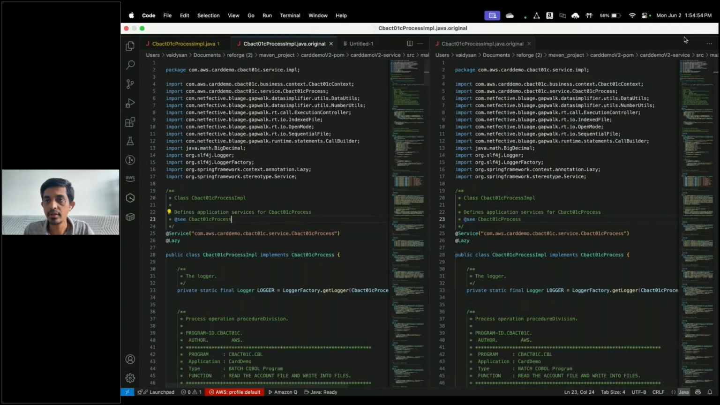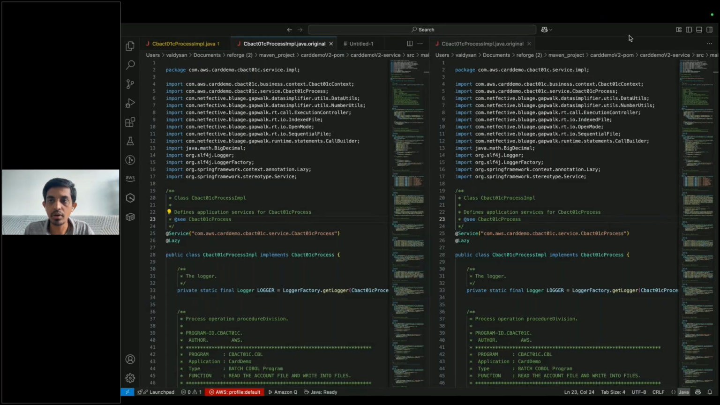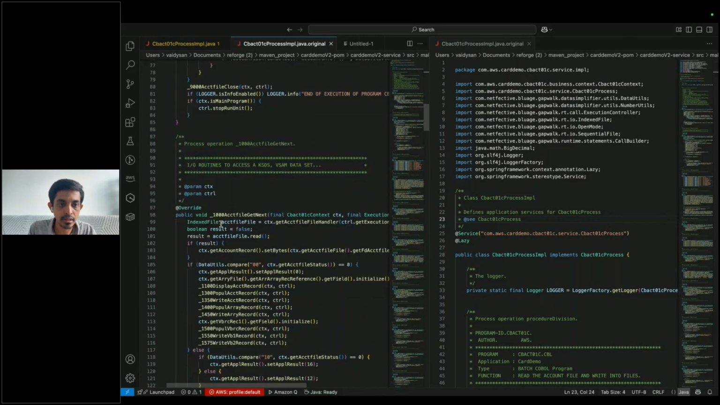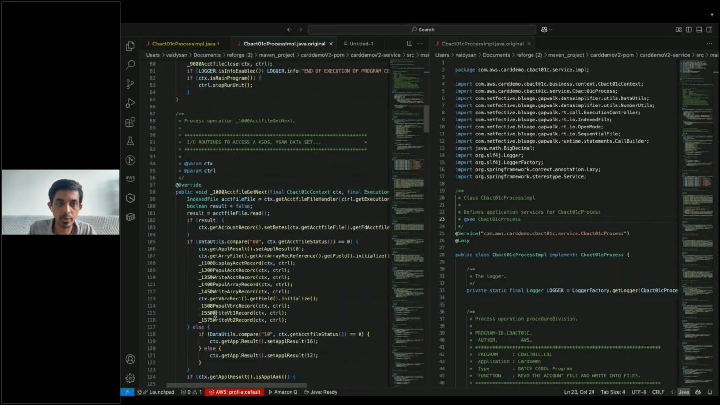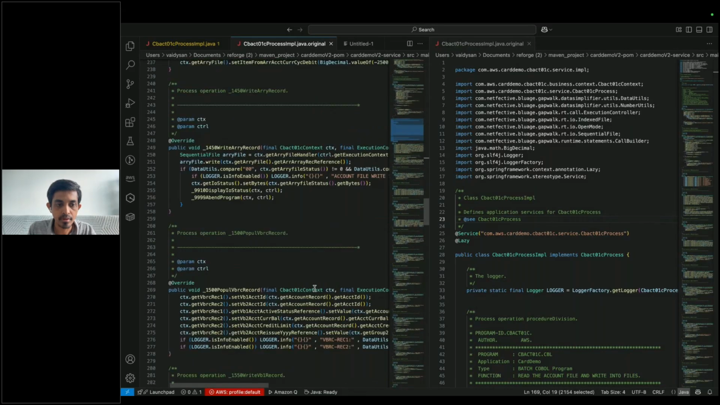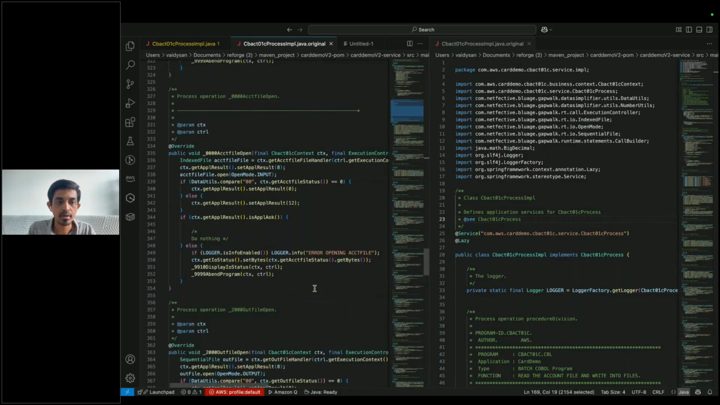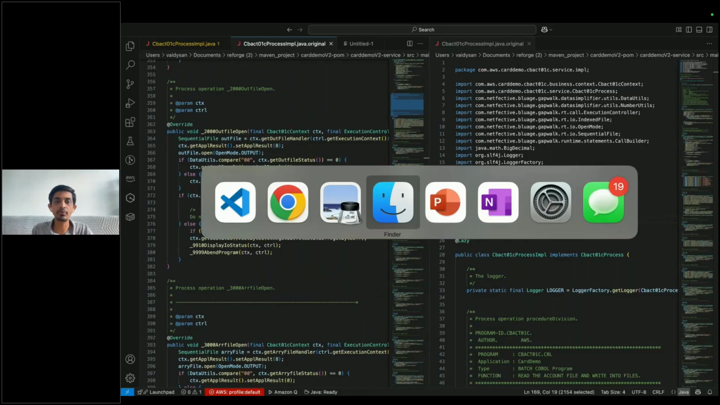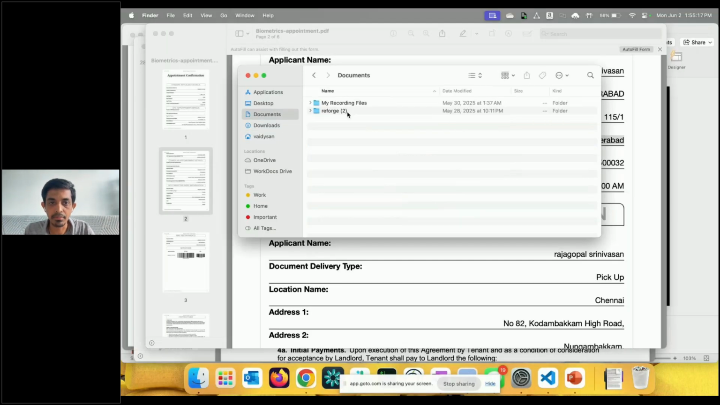What you see here is a refactored Java code, which is a conversion of your COBOL to Java, and you will see the business logics being included in the process implementation layers. So for every single program, you will have an equivalent Java code available. Here is the downloaded